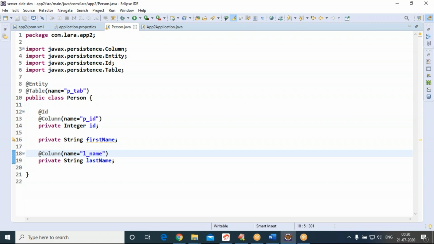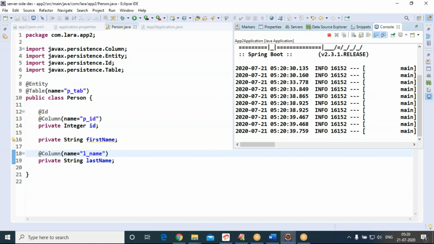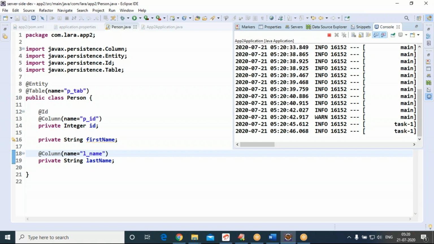Now stop the application, rerun the application. The application stopped and reran.